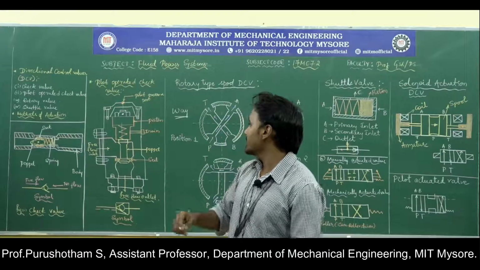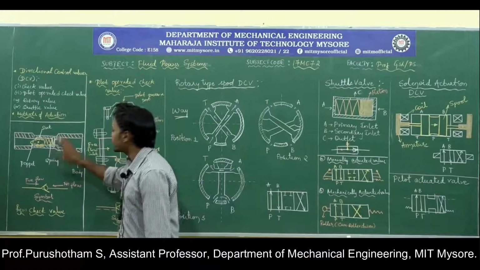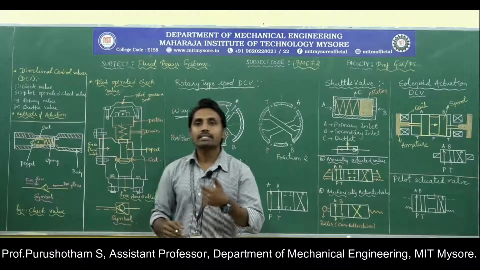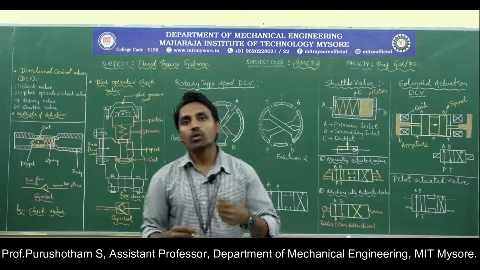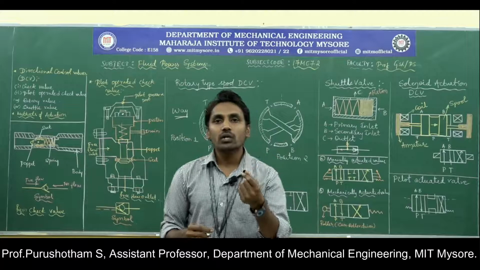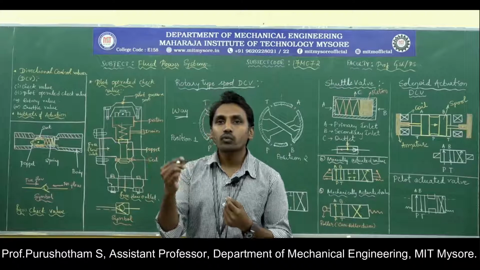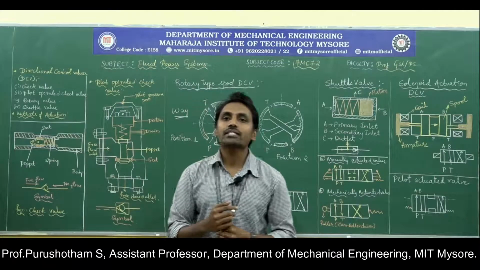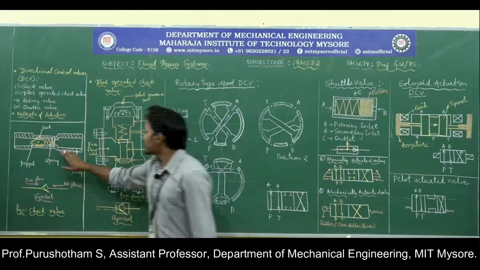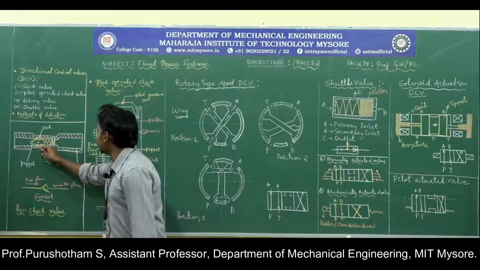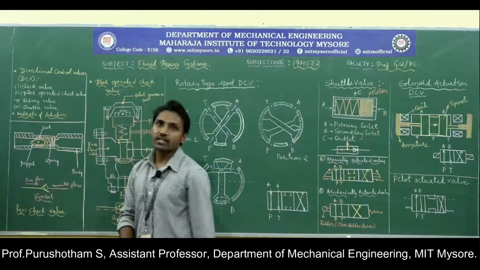Now first let us see the check valve. This is the schematic representation of the check valve. The check valve is the simplest directional control valve. In a check valve, the valve allows fluid to flow in only one direction; in the opposite direction the fluid flow is restricted. That's why it is called a unidirectional valve. If you observe the figure, it represents the poppet and seat arrangement of a check valve.